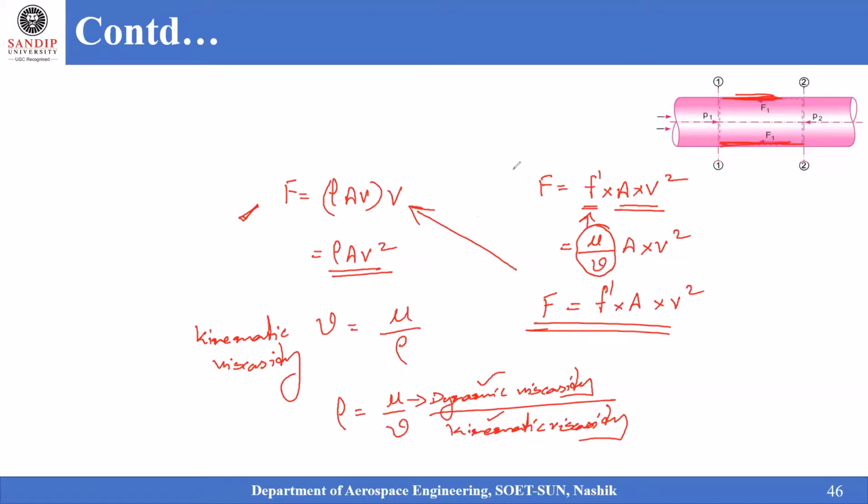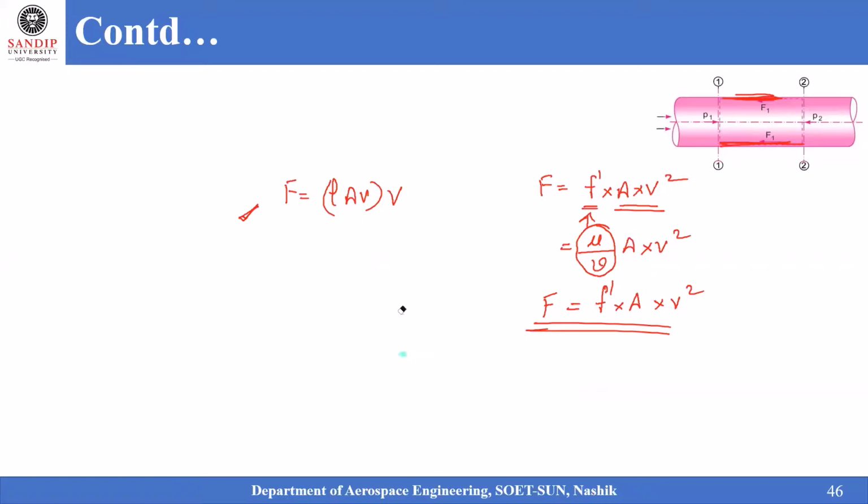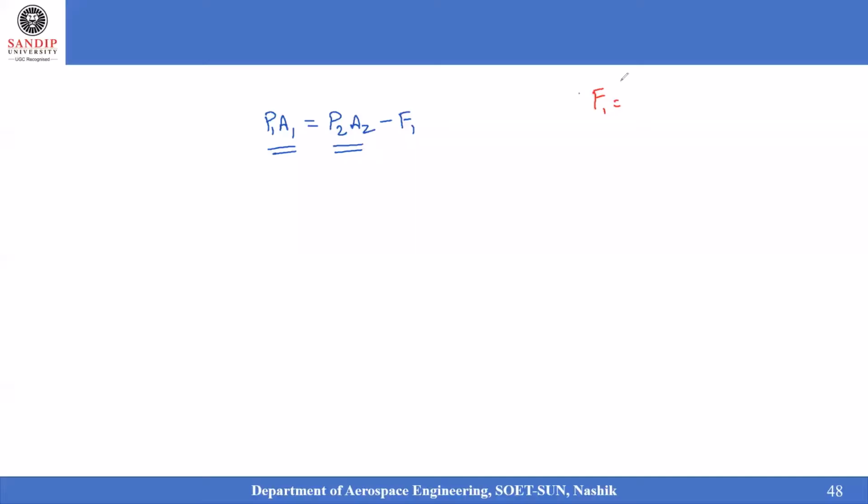Right, now let us obtain the expression again from the Bernoulli's equation. Let us apply this frictional force resistance, so that we are stating it on the other side, that it is the pressure loss which is happening inside the pipe. Pressure loss happening inside the pipe is due to the friction. So we have found the resultant as F1 is equal to F dash into A into V square.